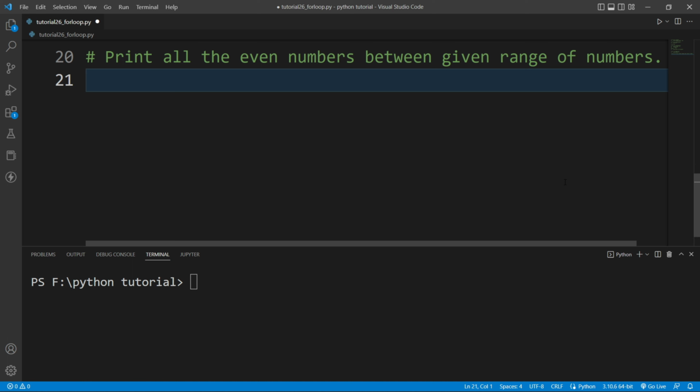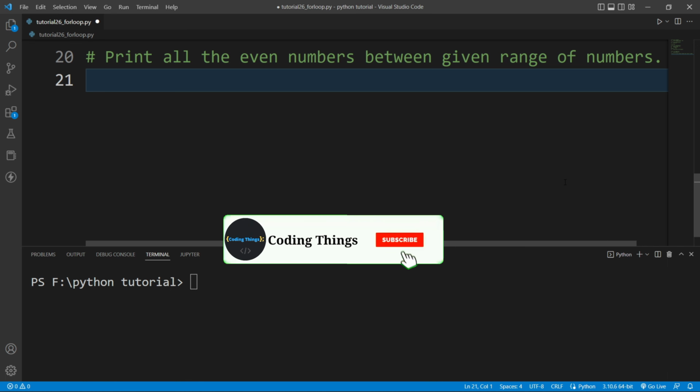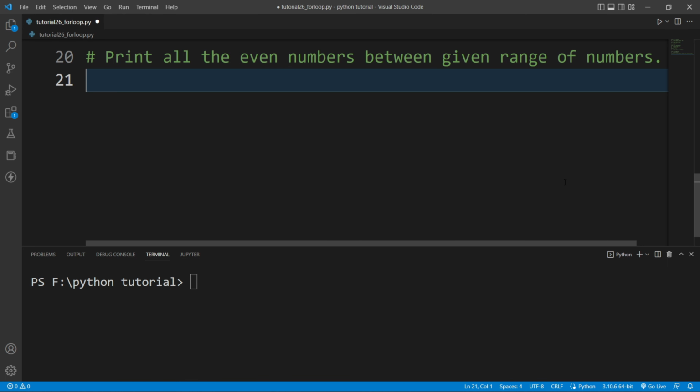So now we will write a program where we ask the user to enter two ranges or two numbers, that is the starting range and the end range, and we will display all the even numbers present in between that range including those two numbers. Okay, so for that I need to create two variables here, that is your upper range and lower range. I will write here, suppose, lower range equals to,